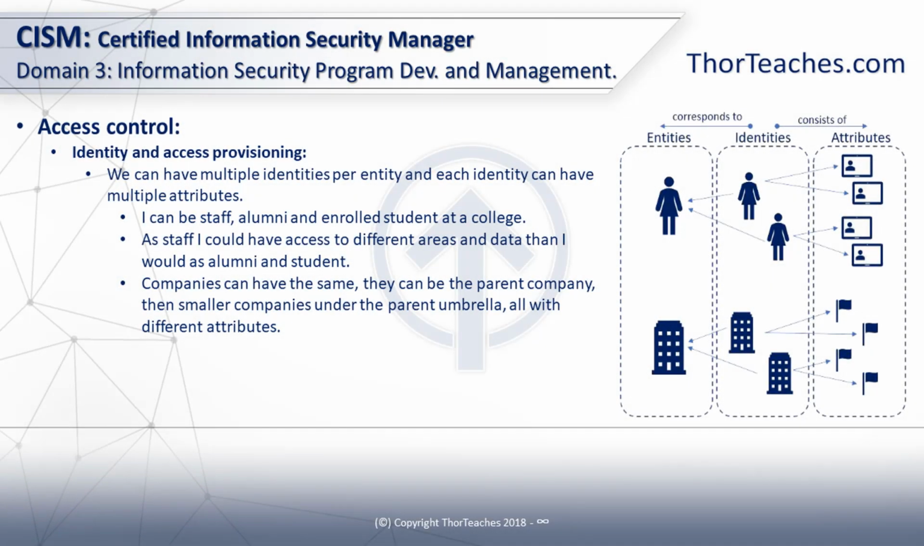For our access control, we also need to understand that each entity, that could be a person or a company, can have different identities, and each of these identities can have different attributes. Identities correspond to entities, and identities consist of attributes. And I've had students who have struggled with this a little bit, and the best way I can explain it